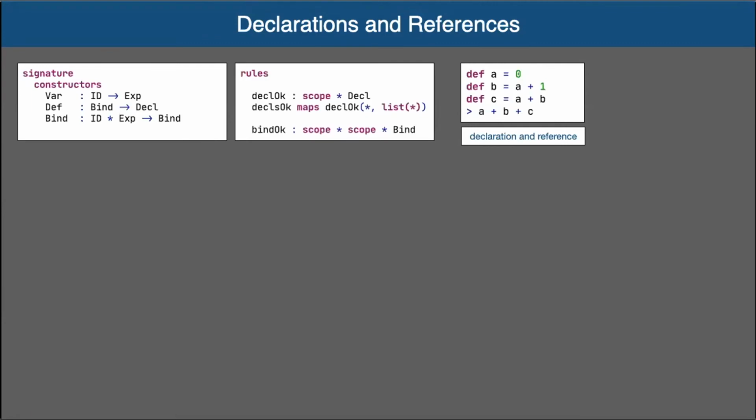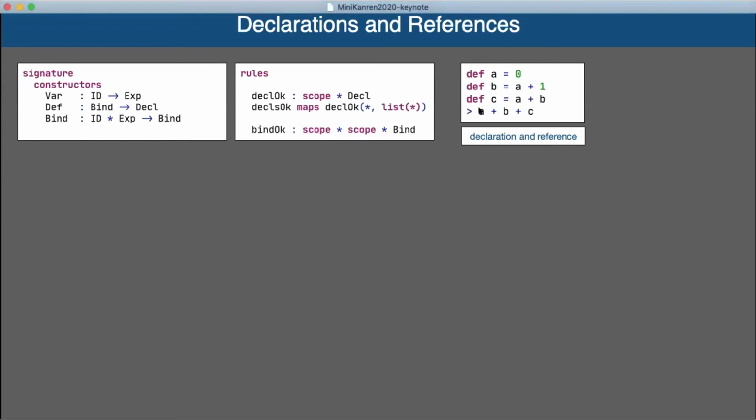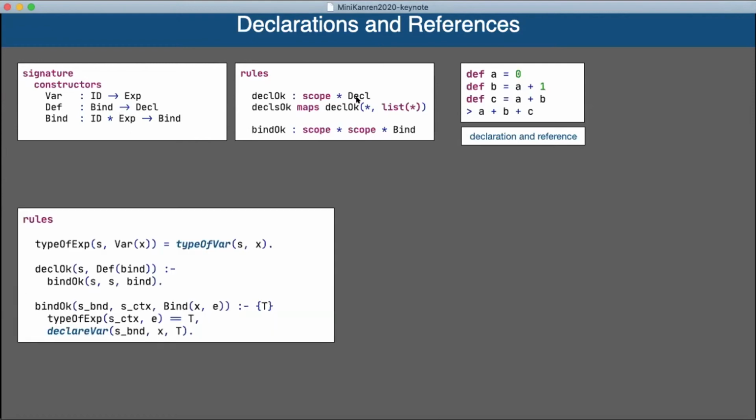And then we have a predicate that determines whether such a program is type correct. That is defined by the Decl OK predicate. And we already saw the type of X predicate before, right? So in order to define the correctness of these programs, what is the type of a variable? Well, that's the type of var, right? So we need to look up the type of var. So we've defined a separate predicate for that.